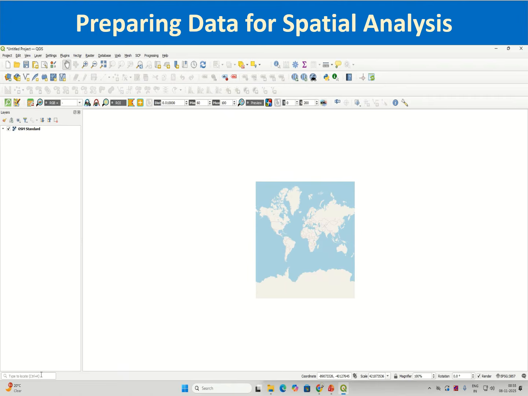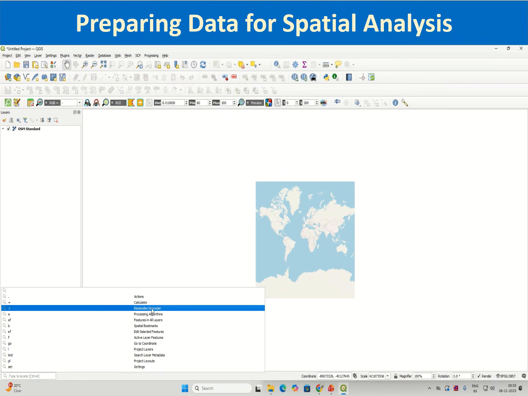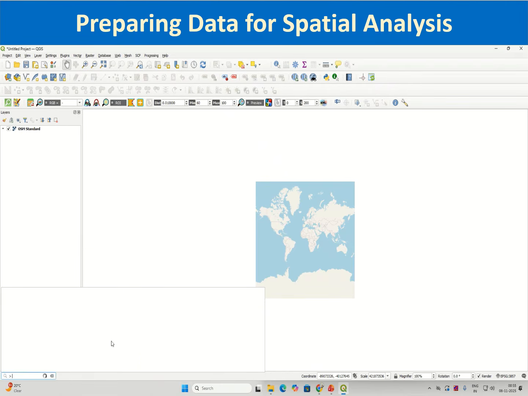Then on the extreme left corner, you have this status bar from where you can search processing algorithms and also locations and other things as listed here. Among the list, you will find one option of Nominatim geocoder. You can double click it after selection and then type